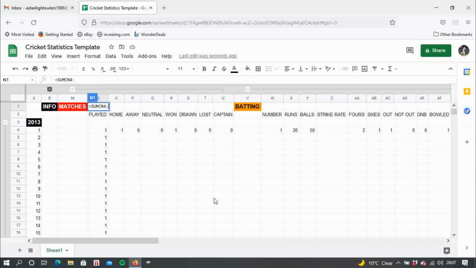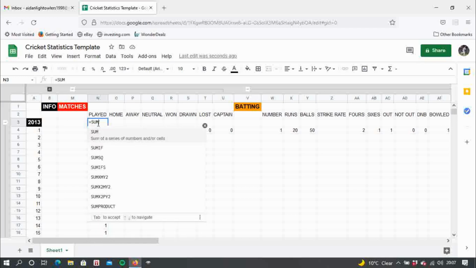Down to it. Actually, you're not going to do that. This is why it's a bit confusing. You're actually going to go into this column first, because you're going to add up how many you've played in that season. So we're going to add up how many you've played in 2013, so equals sum